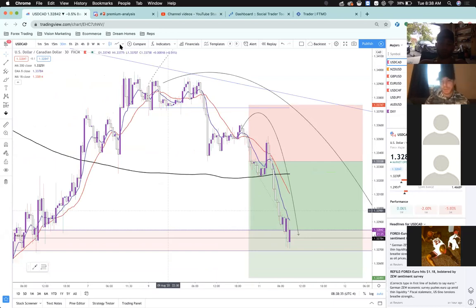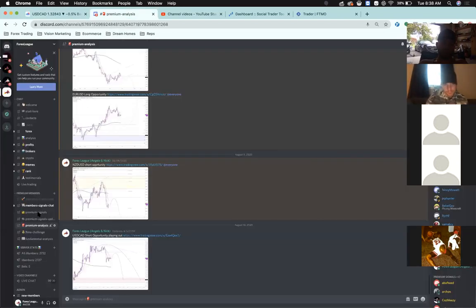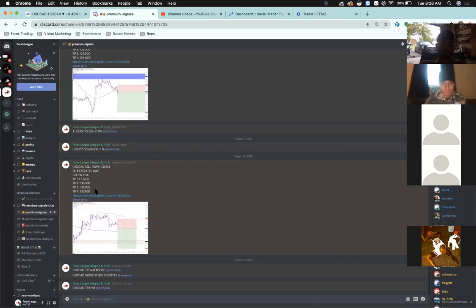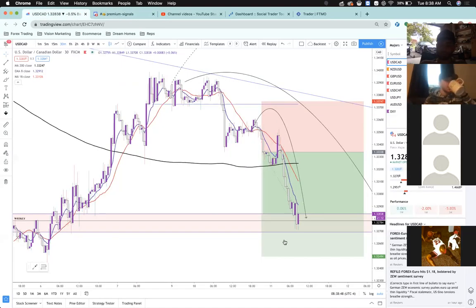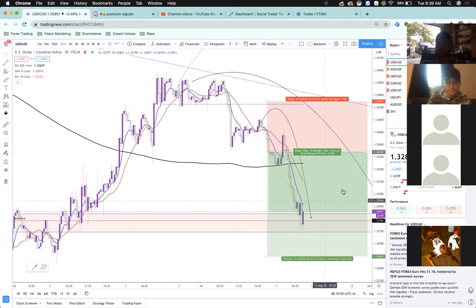At this point now, what are we looking at? As I bump into the signals, we do have some more TPs to be hit. We've got a couple more that I'm going to update. We got one more, 1.32500 is ultimately where I was looking for this thing to go. That's just at the bottom of this area. But we're retesting this weekly level support right here, this weekly key level. So I'm going to see, we could get some sort of pullback here and another entry potentially here.